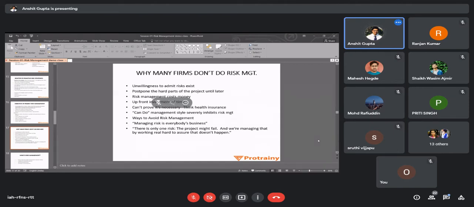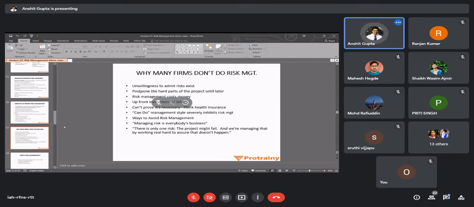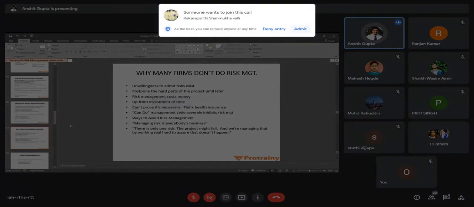In their projects, most of the flats are vacant, or only 1 or 2 flats have been sold, and now they are forced to keep those flats on rent. But you know that via rent, even in 50 years they will not be able to cover the construction cost of that multi. Maybe if they had done proper risk management and proper calculation beforehand, they would have known that these multis cannot be successful in a small city like this, where land will not get exhausted even for the next 30 to 50 years.